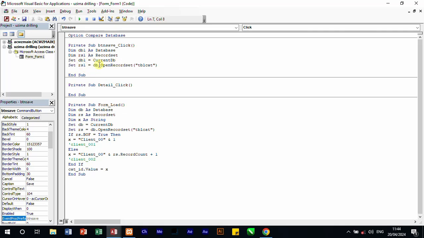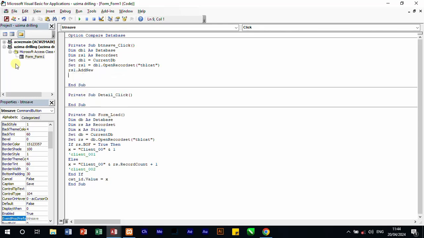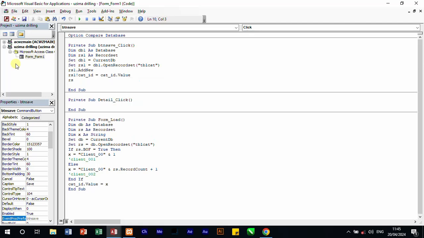I've never tried to see if, and then we are going to add a new record, ls1.AddNew, and what we are going to do is say our ls1 that is field in our table called cat ID is going to get value from a field in our form called cat ID.value. Then ls1